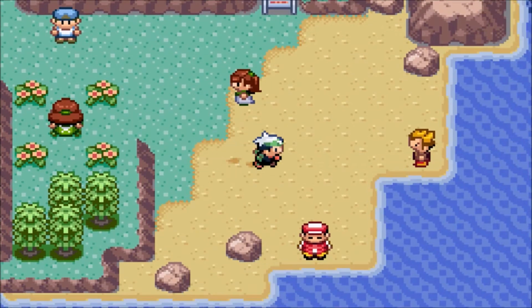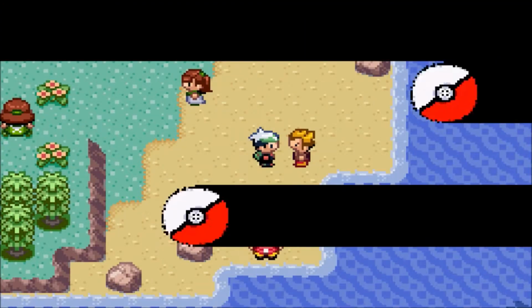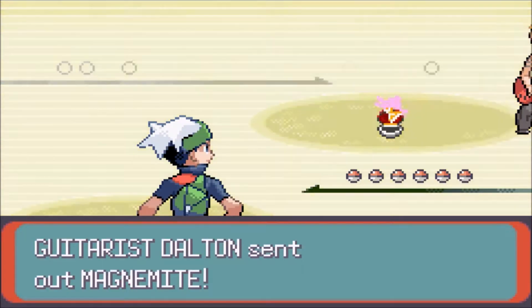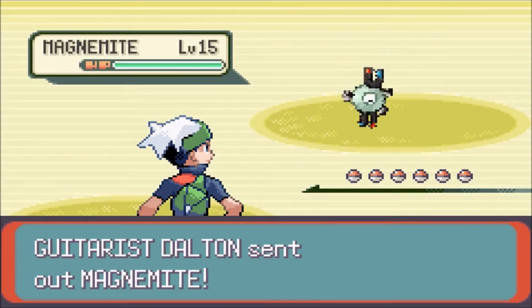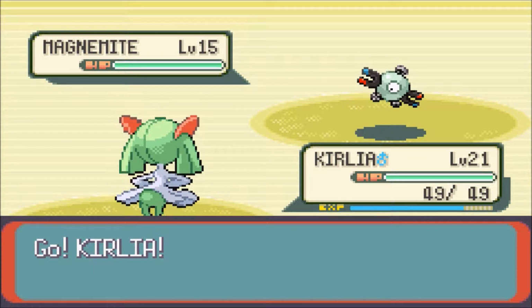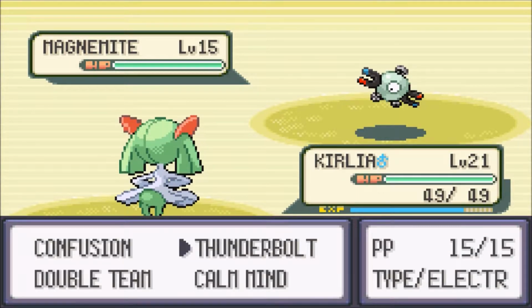Okay, thank you for your useless knowledge. But I will be trying to focus on Electrike and Kirlia for Psychic and, of course, evolution purposes. It's going to be a decent struggle. Now, here, in the case of a Steel Electric type, I do not actually have a decent answer, so...